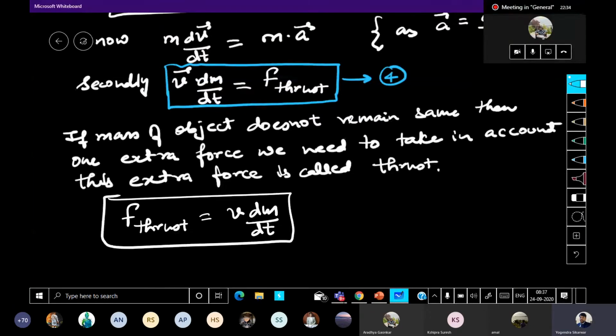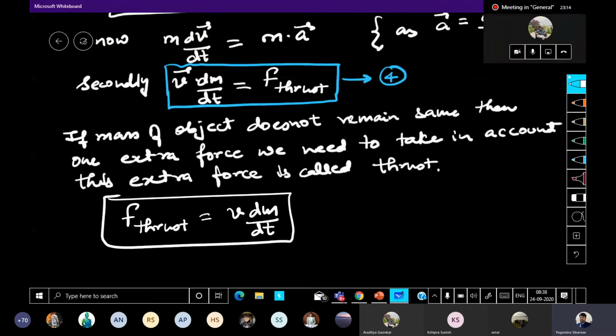Now let me tell you in which cases this force comes into picture. Listen everyone very carefully. Suppose you have a balloon, and you have filled some air in the balloon and you are holding its orifice tightly so that no air is going out. So that balloon remains in its shape, correct? Now if you suddenly release it, then entire air comes out of it and that balloon moves like anything.